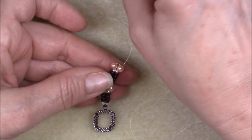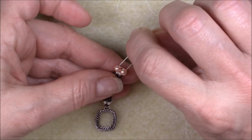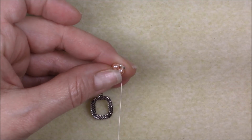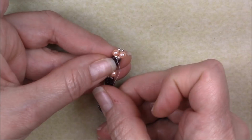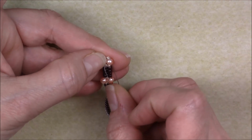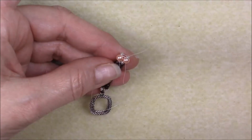Now, pick up 2 11-0 seed beads, go into the pearl next to the one you're coming out of. Pull these 11-0s down tightly, go up into the pearl next to the one you're now coming out of, and the 11-0 on top of it if you can. Like so. Pull,